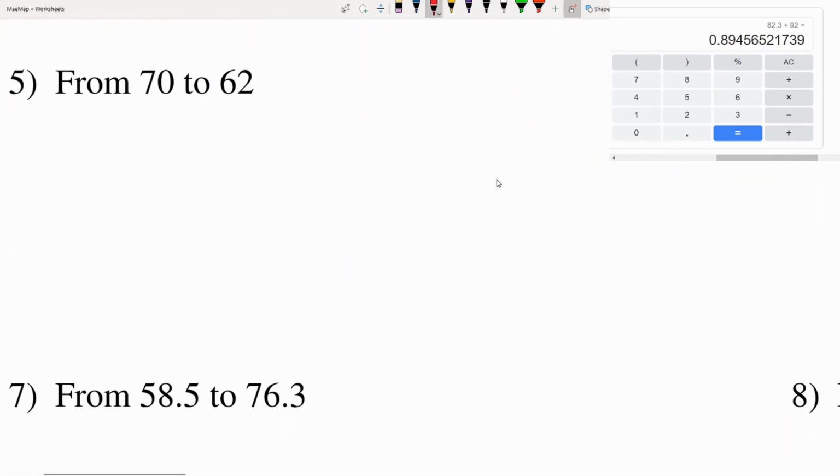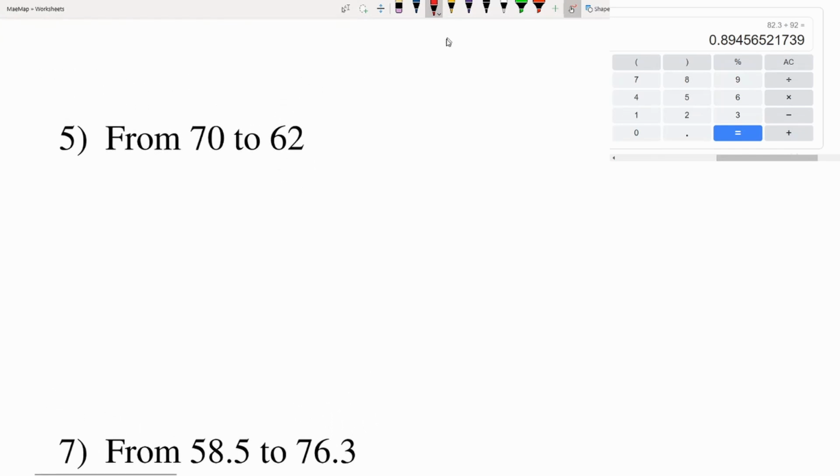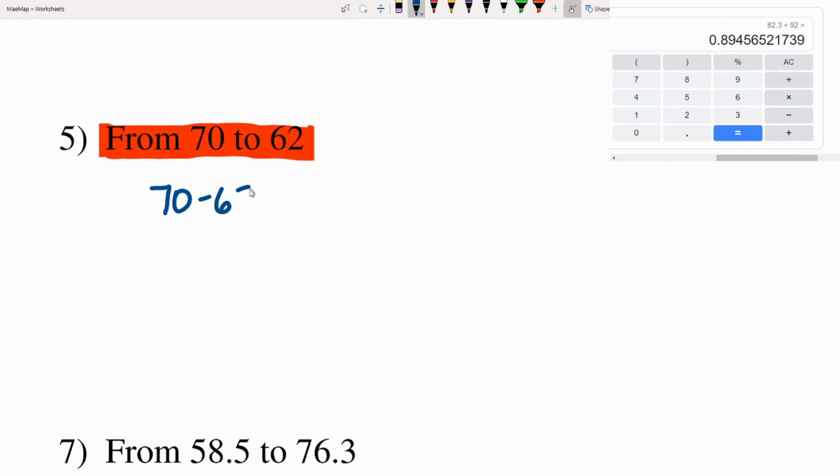Moving right along to number 5, we're going from 70 to 62. 70 is larger than 62, so we're decreasing that value. Finding the change, we'll do 70 minus 62, which gives us a change of 8 units. Now we'll take that change over the starting value, over that 70. And 8 divided by 70, going to our calculator,